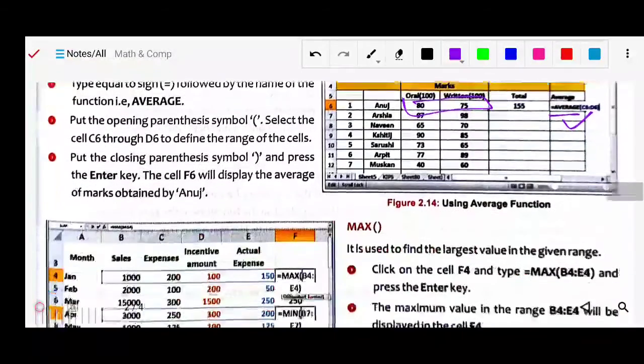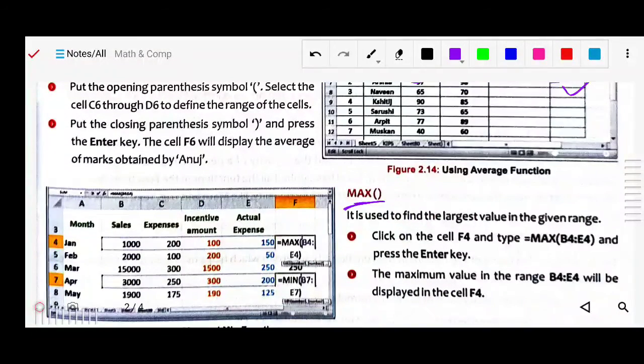Next, like max. To find the largest value of the given values, you can use max. Suppose in all this given data, what is the max value? So equal sign, max, and the range from here to here is selected, and among 1000, 200, 100, 150, which one is the max value? Of course, the result will be 1000. Min you can use for the smallest value, meaning the minimum value will be given.